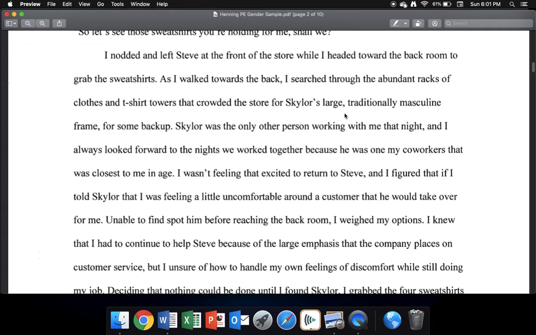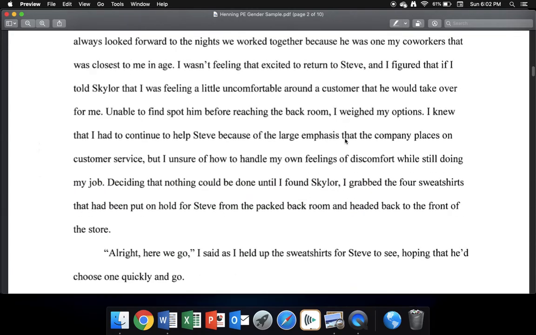And you'll notice that she didn't give a big background dump before the story even really got going. She waited until Skylar was relevant. And part of the reason for that is because she wouldn't have thought about Skylar at all, or him not being right near her when they're working in the store until it became relevant to her. And now the fact that Skylar could come in and save her but doesn't adds to the tension of the story. Skylar is not there, he should be there, and that makes it even more ominous. Let's go back to the story.